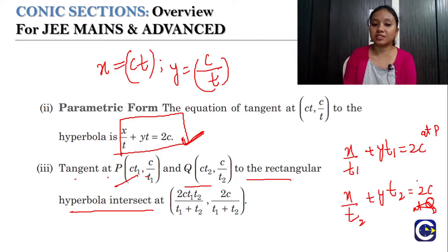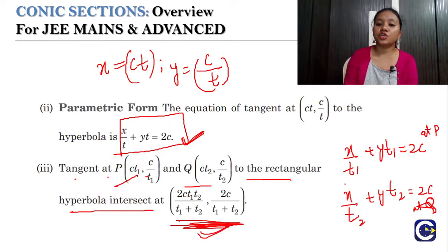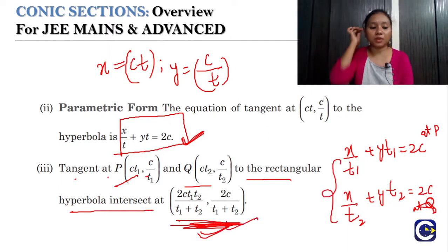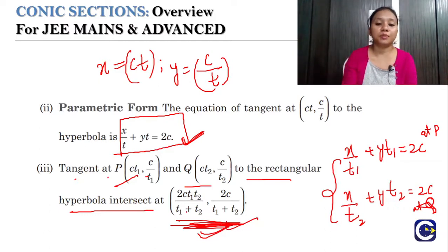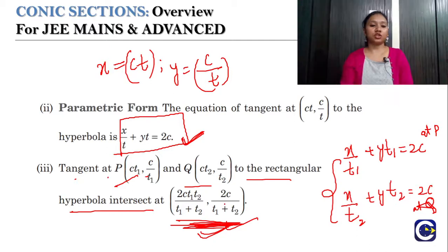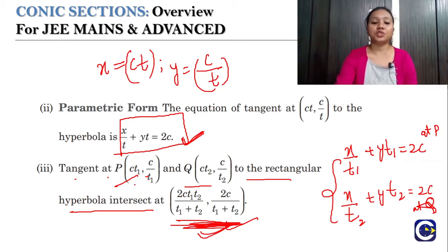So which will be having the same point of coordinates here which is given. So you can directly solve it. Instead, you can actually remember these coordinates which are given here. So 2c t1 t2 divided by t1 plus t2 and 2c by t1 plus t2 are the point of intersection